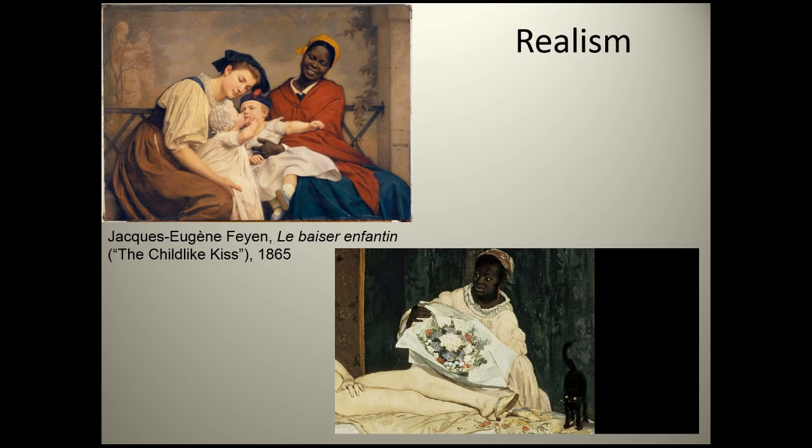There has been some research on the model for the maid in Manet's painting, and it's thought to be the same model used in another French artist's painting, by Féon, who was a fashionable painter of these sort of picturesque views of the Brittany coast of northern France. And at least two of his works contain a black servant working in a white bourgeois household. And so some researchers have found out that they think the woman's name was Laura, and she was thought to be a popular